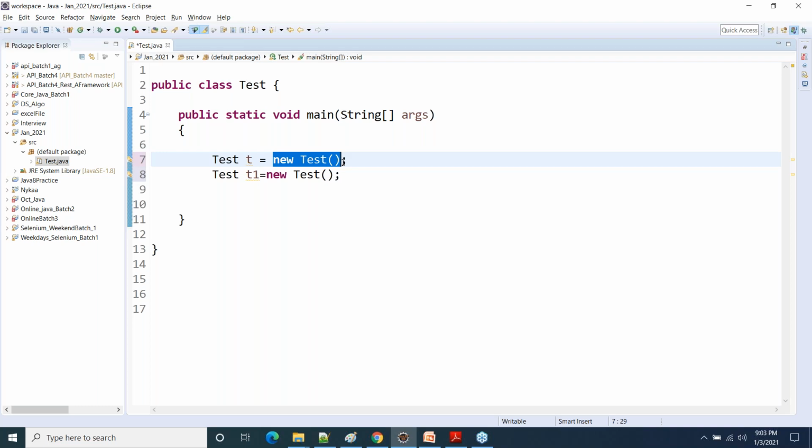There is no such concept. First of all, objects do not have names. They have a type. A reference variable does have a name. The variable will have a name, but the variables T and T1 are just variables. These are not objects exactly. These are just variables which are holding the address of the object that you are creating. T and T1 are not objects.